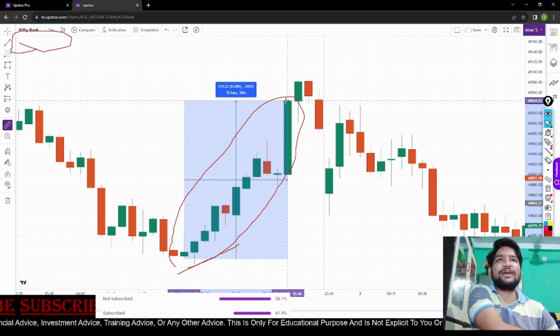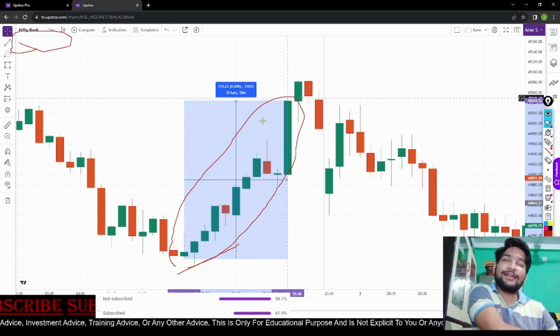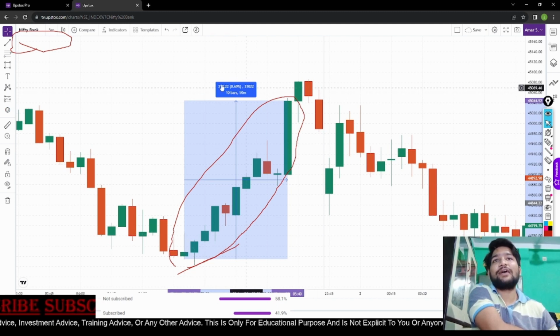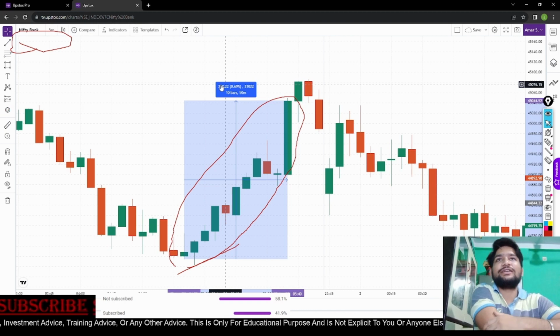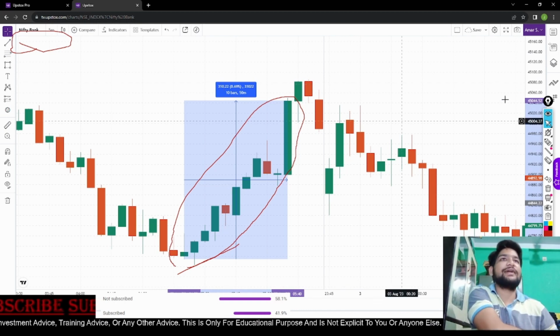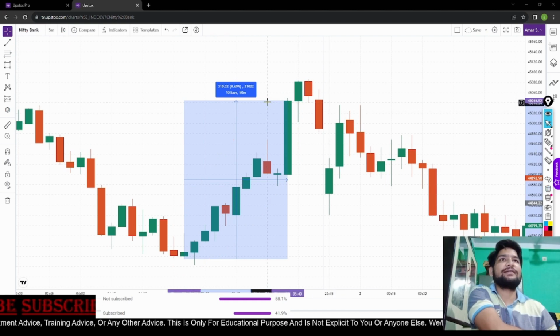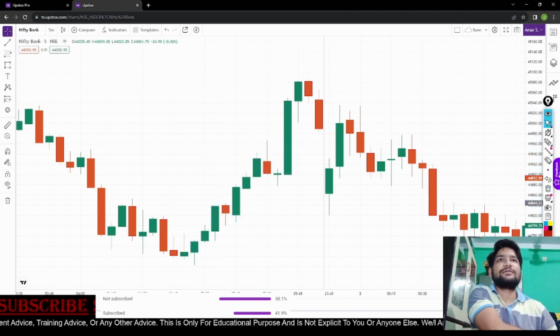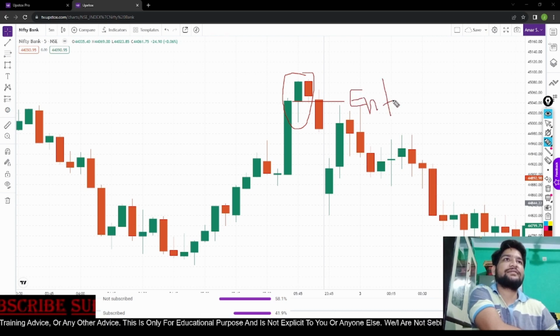All the rules qualify. We have 11 candles minimum, and there are 11 candles. We have 300 points movement, and the minimum movement is 172 to 200 points, and then the market forms a hanging man candle. This is a hanging man candle, and this is the entry price of ours. Like here we will enter in the market,